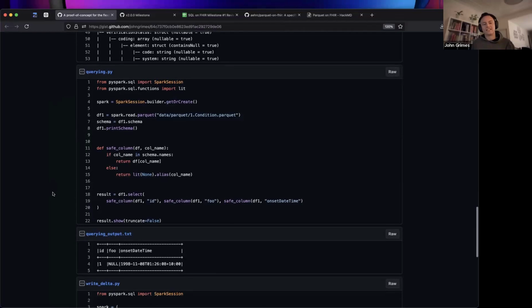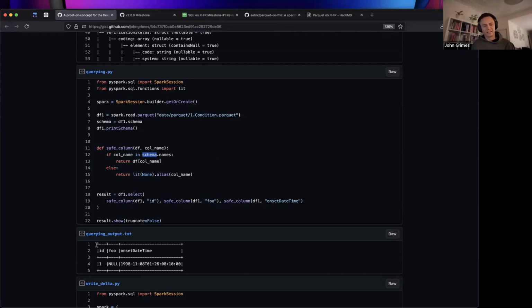And that's very simply handled in something like Spark. We can effectively do this because, as I said, Parquet is self-describing. In Spark, you can access the schema of the Parquet file that you're reading. And this is simplified in that it's only doing it at the root level, but you can do that as you go down as well. And you can simply say, if this thing that I'm looking to query is in the schema, then return it. If it's not, then return a literal null or a literal empty array, or however you want to represent the